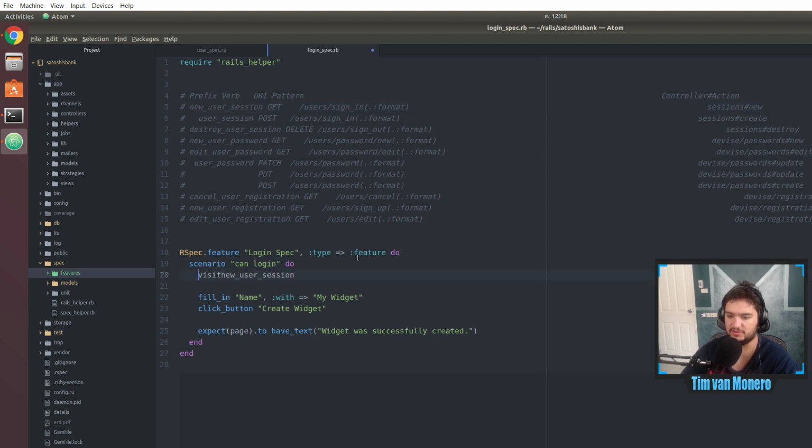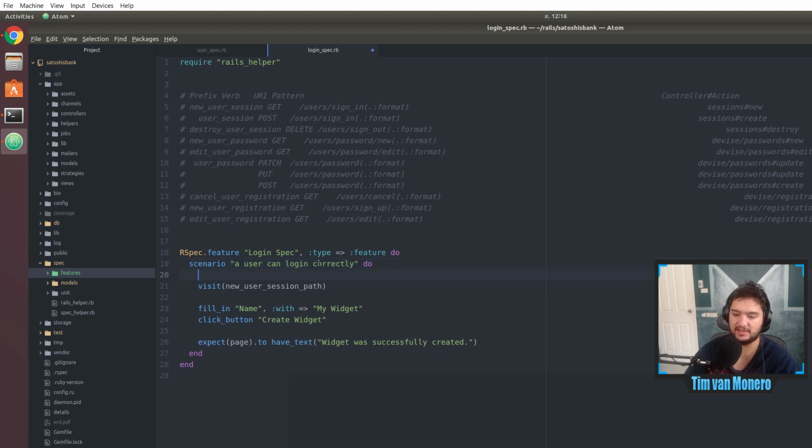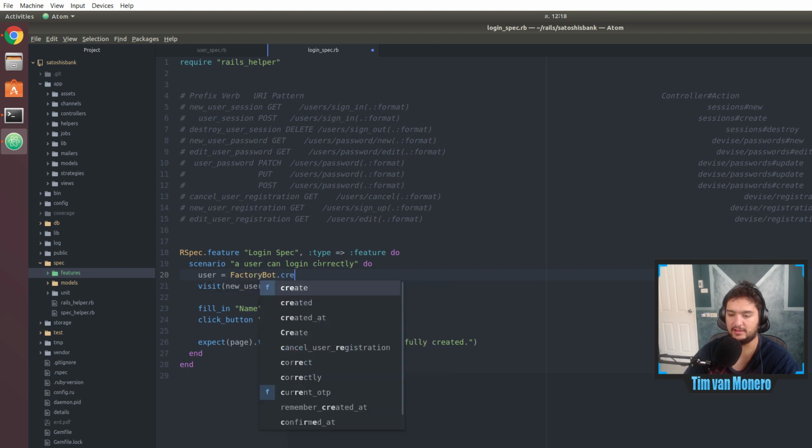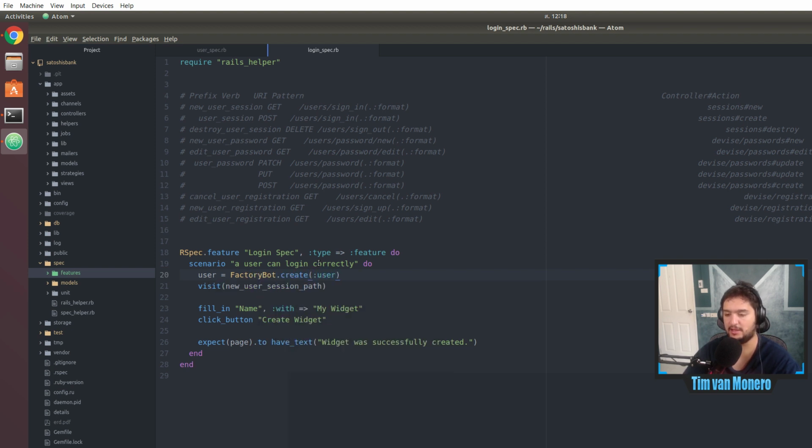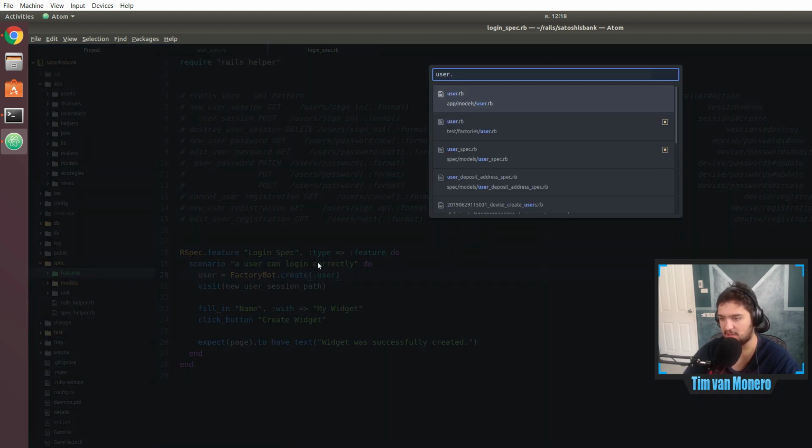So we visit new user session path. We fill in user can log in. All right. Well, just the basic user, right? So, say, yeah, I guess he can actually log in. And then we also have to say that